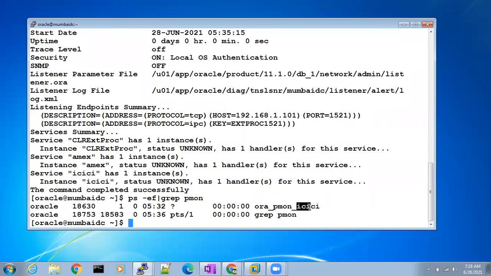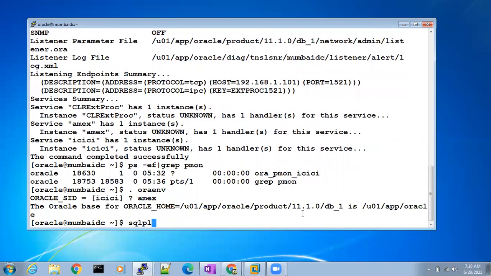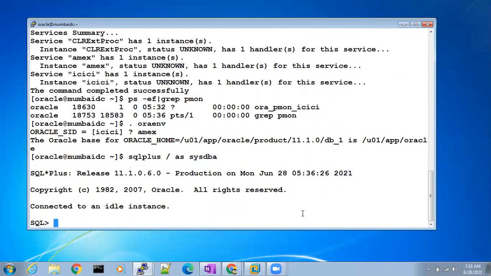It says ICICI, which means one database is running. Do we have MX here? That is not started, which is the reason it is not showing. Only the ICICI database is up and running in the Mumbai DC server.